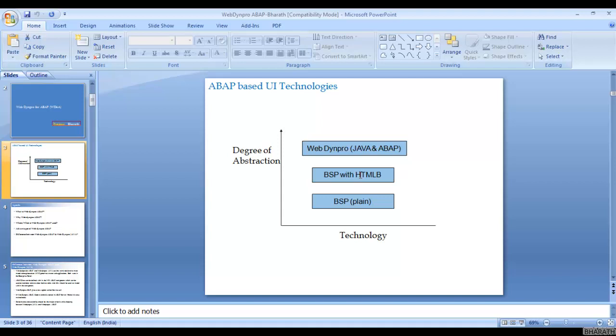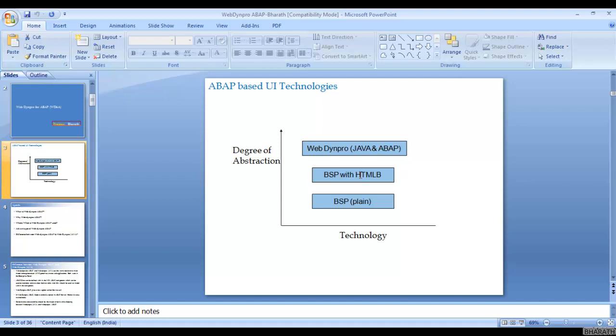SAP CRM is the only product which uses BSP technology, but all other products delivered along with the SAP NetWeaver 7 stack are developed using WebDynpro ABAP technology only. So those who learn WebDynpro ABAP might get a chance to work with one of these products.